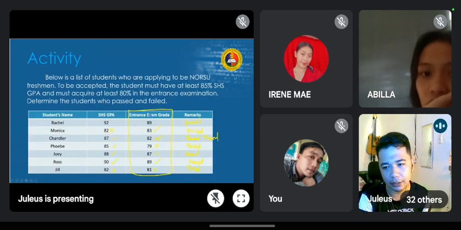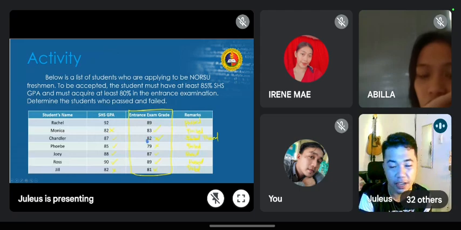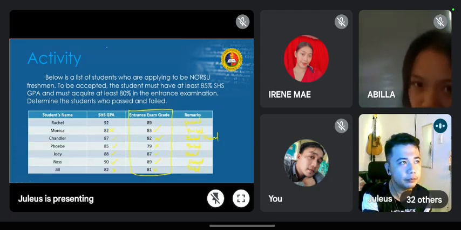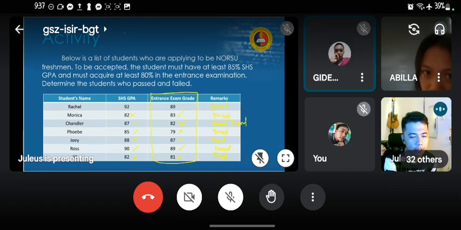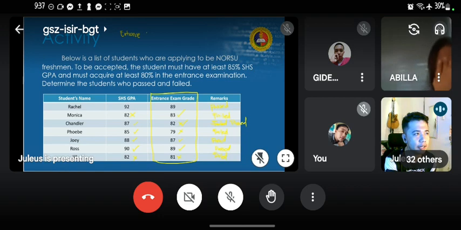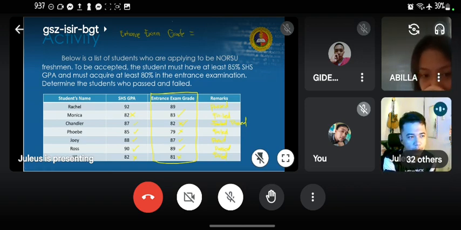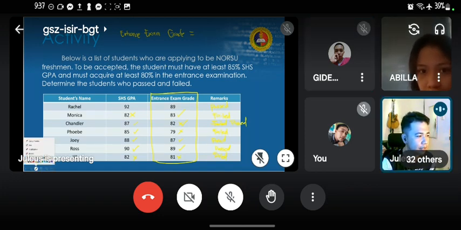Less than or equal to, sir. All right, let's check. So let's call it entrance. If we're going to create an equation, the entrance exam grade must be either greater than or equal to 80%. Let me erase it.